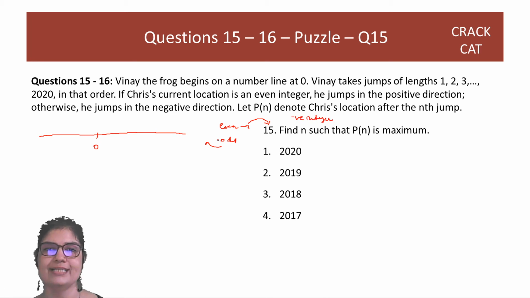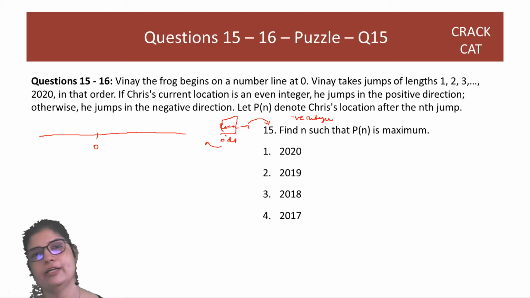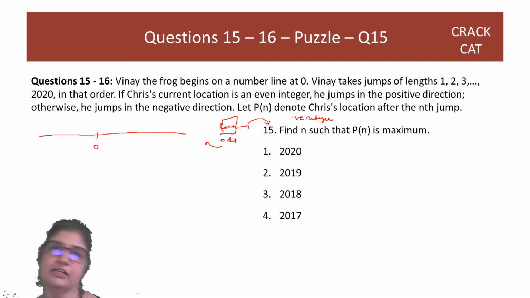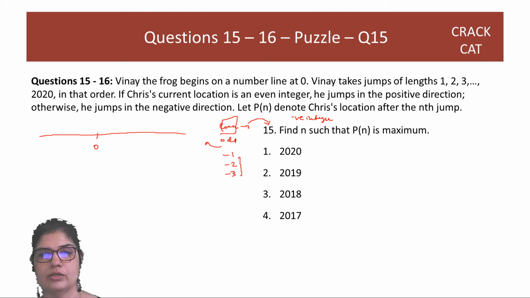And guys, odd and even is true for negative integers too. So 0 for example is even because when you divide 0 by 2, the remainder is 0. And -1 is odd, -2 is even, -3 is odd, sorry, not even. So odd and even is defined for negative integers also. So Vinay, not Chris, okay,